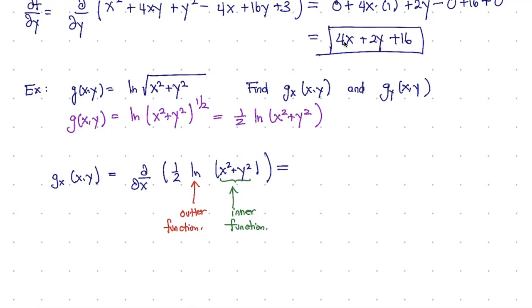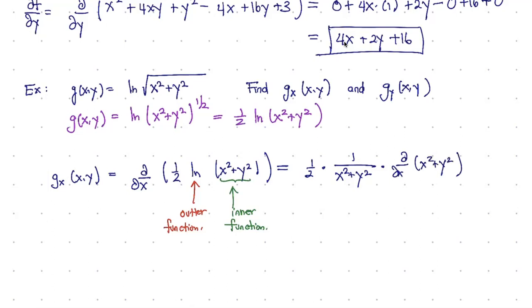And so you would end up with the following. You would end up with the 1/2 coming out. We would take the derivative of the outer function first, which is the natural log. And so we would get 1 over x squared plus y squared. And then we would take the derivative of the x squared plus y squared term, which would require the sum